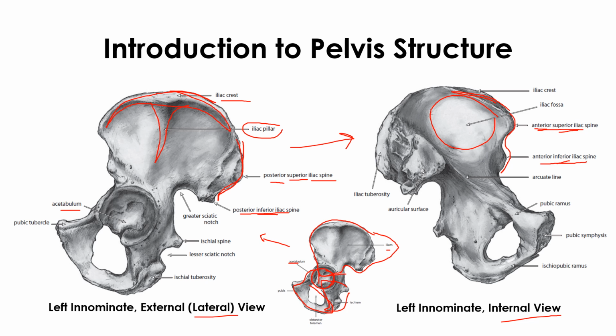Next we have the sciatic notches. This one is the greater sciatic notch, and the ischial spine divides the greater and lesser sciatic notch. So there are two sciatic notches, one greater and the other lesser, divided by the ischial spine. Here we are seeing the iliac spine, and this is the ischial spine. This complete thing is the ilium and this complete thing is the ischium. And this particular thing is the pubis. The parts in this particular region are called pubic parts.